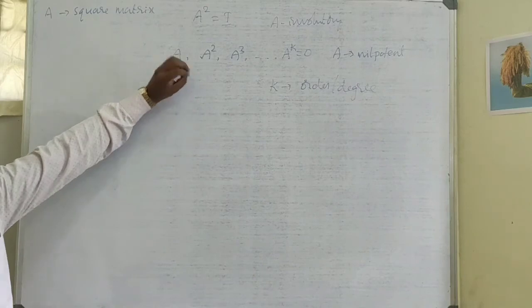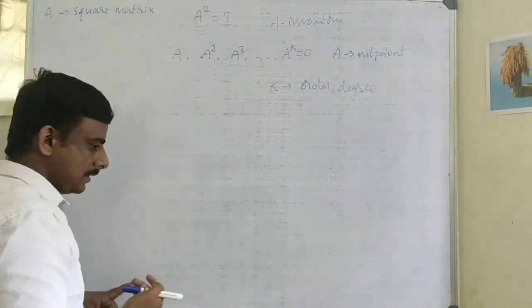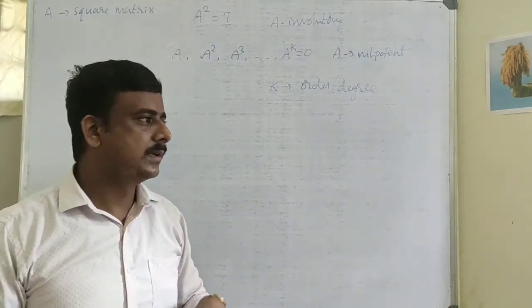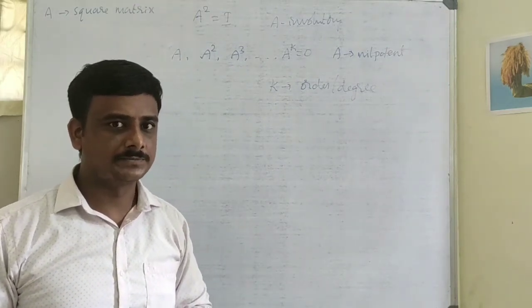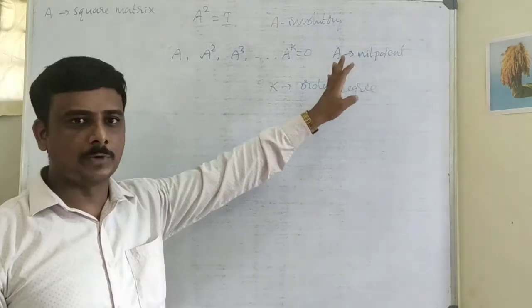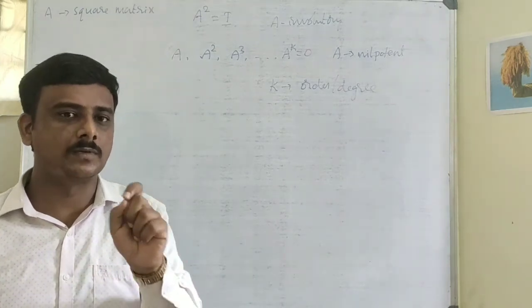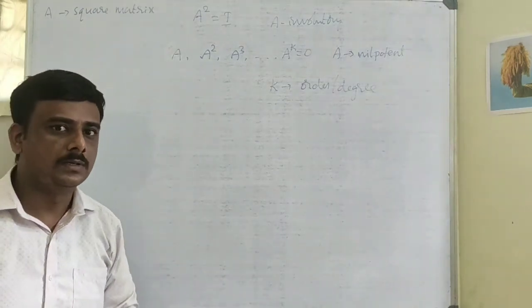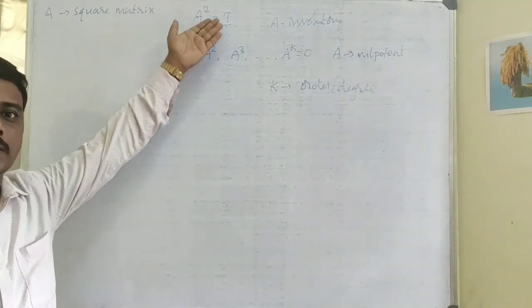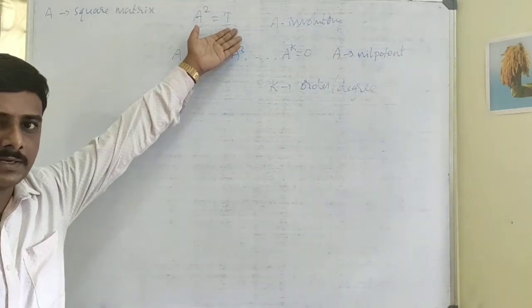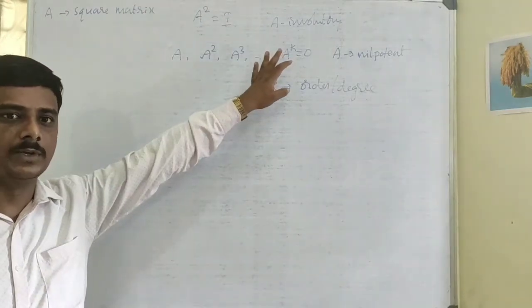So these are the concepts that I missed in unit 1. In the regular classes we have discussed symmetric matrices and skew symmetric matrices, Hermitian and skew Hermitian matrices, unitary matrices, normal matrices and orthogonal matrices. And involutory and nilpotent matrices are explained here. Suppose you are asked to check whether the given matrix is involutory or not, you just multiply the matrix with itself and check whether it is equal to I.